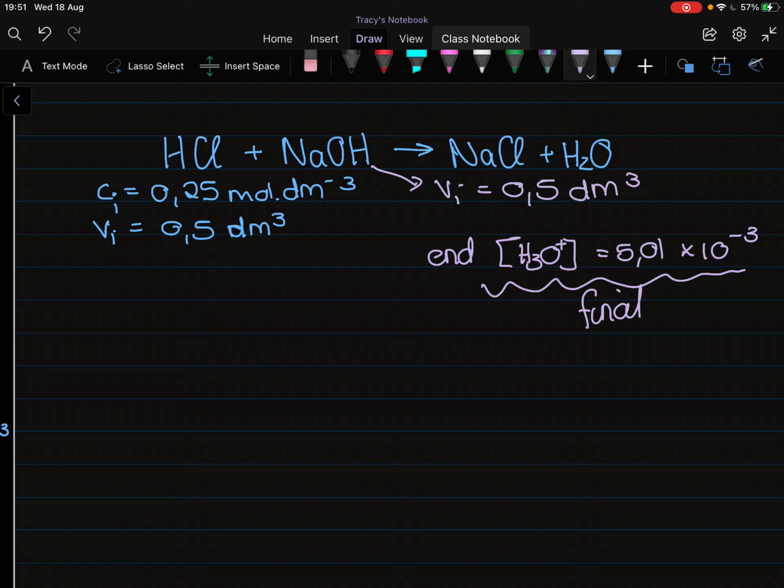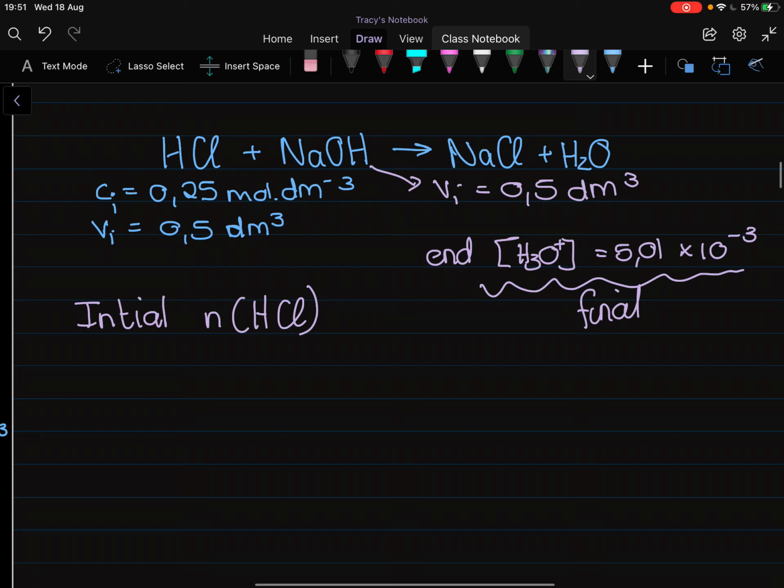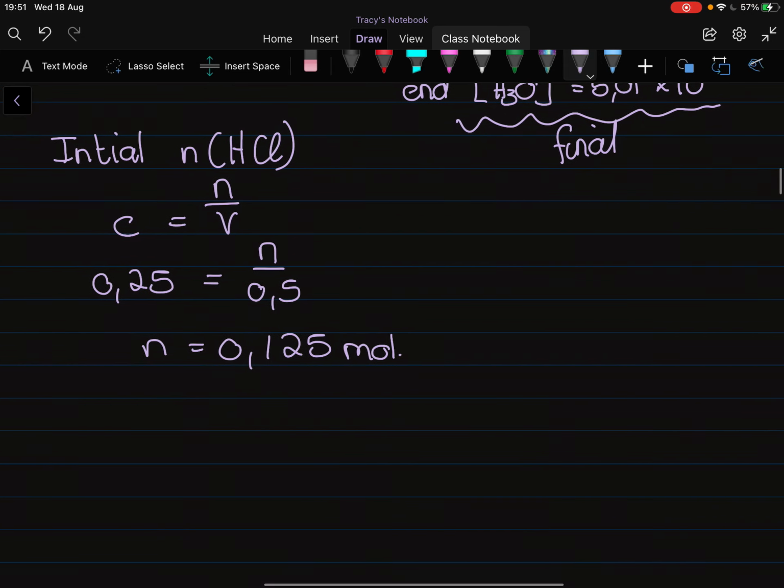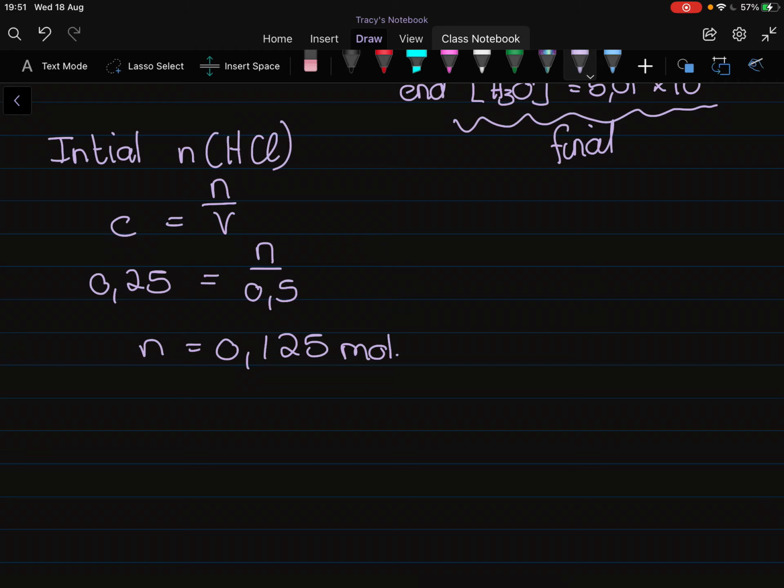Okay, let's work out the initial number of moles. And I'm going to explain, just go with me, initial number of moles of HCl. Well, concentration is number of moles over volume, this is 0.25, number of moles over 0.5, so n is 0.125 moles. Okay? At the end, so that's initially, that's what I start off with. So we're going to keep that in our mind. At the end,